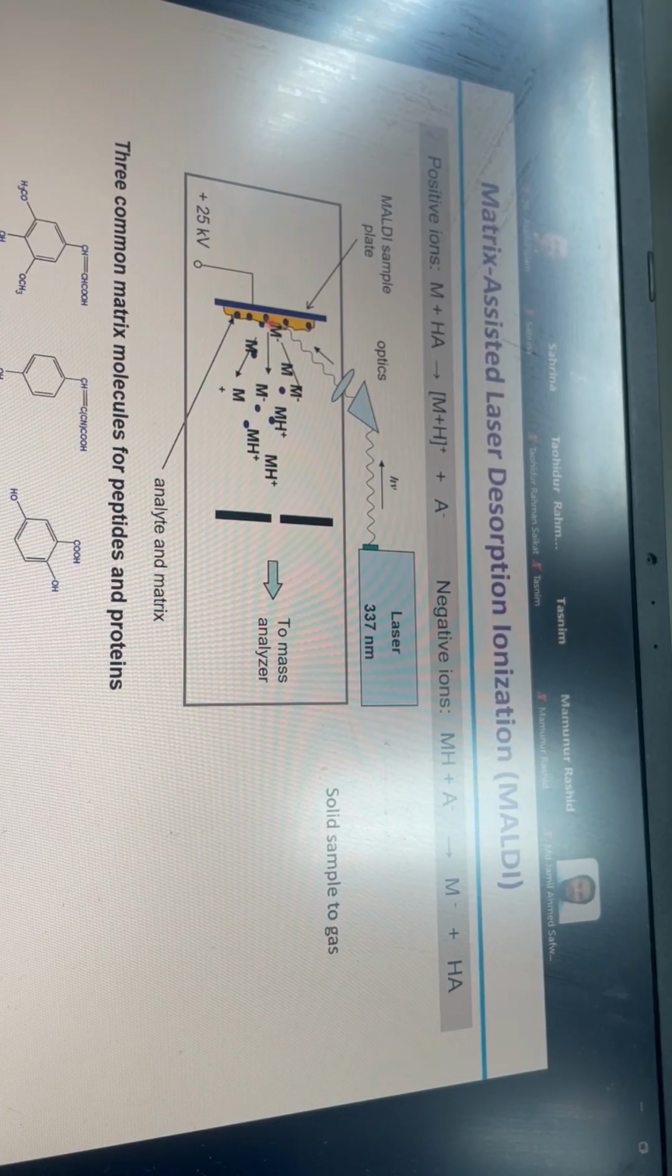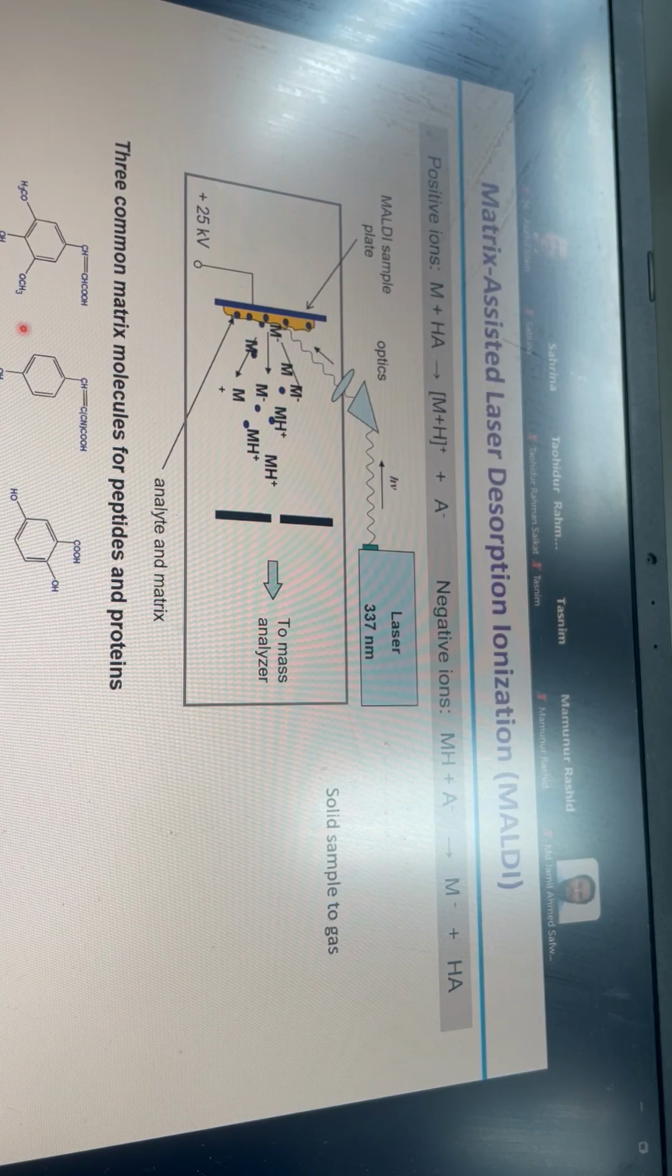What does this mean? You have your analyte, and then you prepare your analyte with a matrix molecule. In this matrix assisted laser desorption, you also need to use a laser. Usually we use a nitrogen laser, which is a kind of UV laser. So you see UV light, and then this UV light